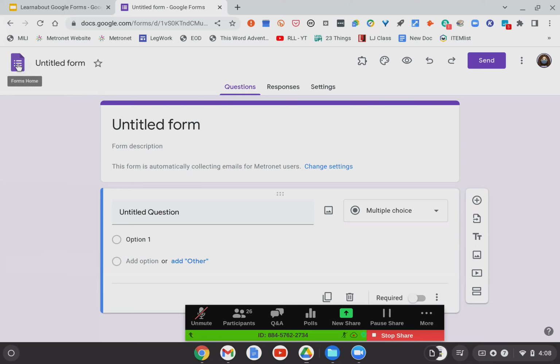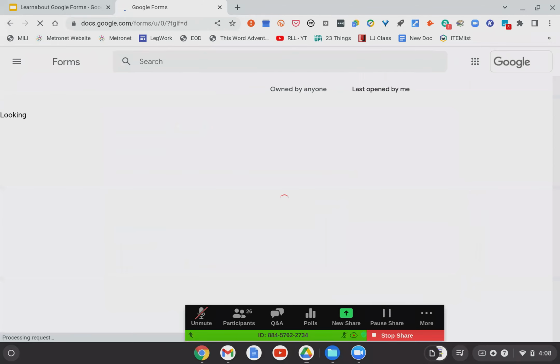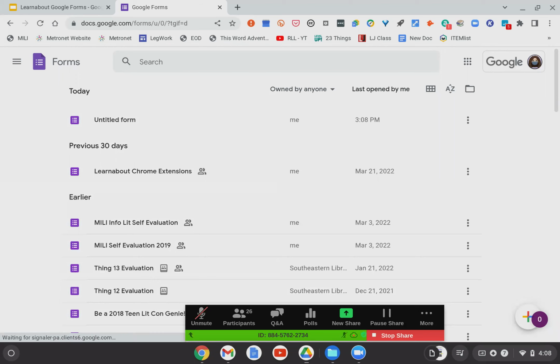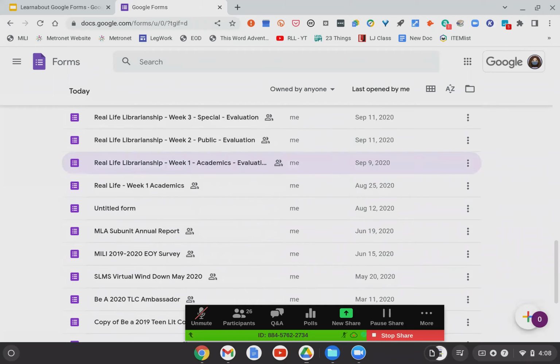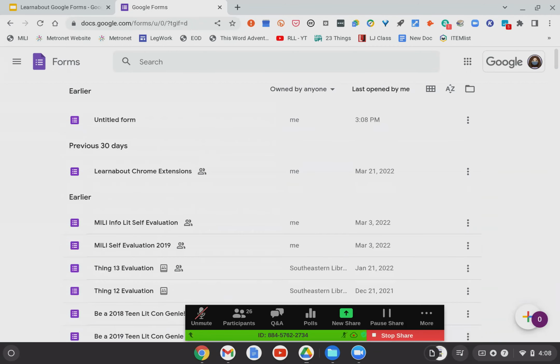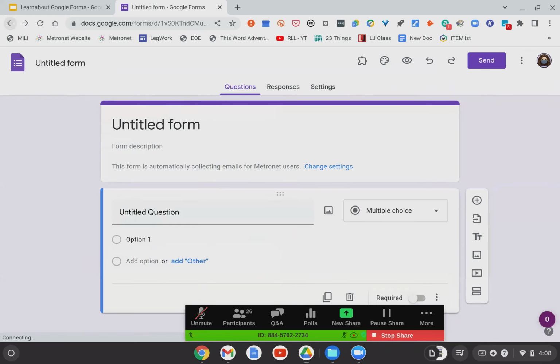In the upper left-hand corner, we have Forms Home. So if you want to create another form, start another new form, or you're just looking for more information, I'm just going to click on it so you can see what it looks like. So this is the Forms Basic. It's going to take you into my drive for forms and show you all of the forms that I have currently. And as you can see, I use forms a lot. I love forms. I love how easy it is to use. I love that it doesn't require 8 million steps to create something simple. For instance, before I started at my current job at Metronet, they were big fans of SurveyMonkey.